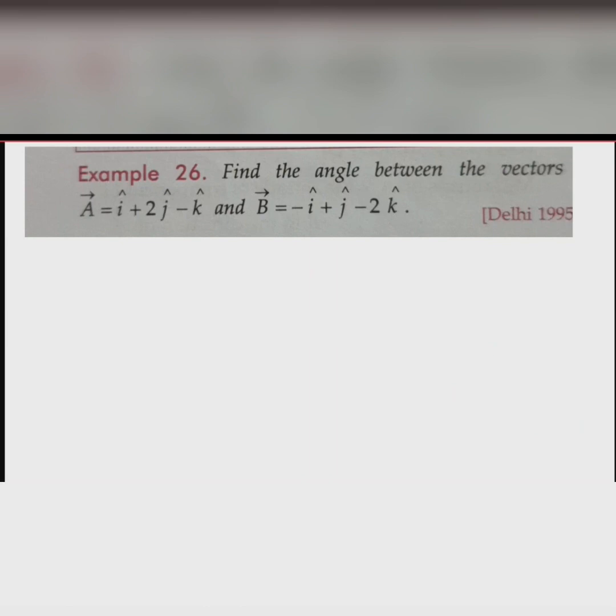Now, this was what I was talking about. We can also use this dot product to find the angle between the vectors. How can I do that? I just told you what vector A dot B is: magnitude of vector A, magnitude of vector B into cos theta, right? So from this formula, I can get cos theta as A dot B divided by magnitude of A and magnitude of B, right?